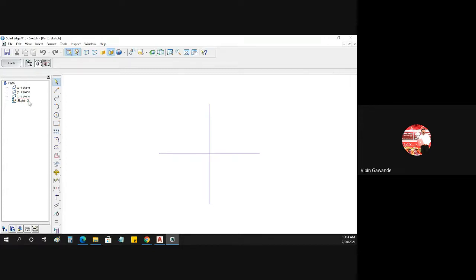First, we are in the drawing area. So this is a sketch now. You can use the line command, the circle command, the rectangle command, anything. Suppose I am using this rectangle command. Here you see width and height, and you can mention the dimensions. I am taking some arbitrary length and height, but you can enter dimensions like 100 by 100. Suppose this is 100, and I am taking this as 200.